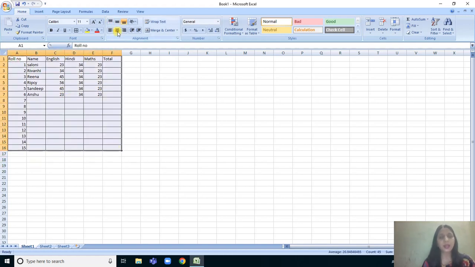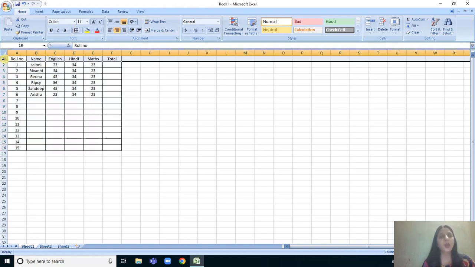Select your data and then press the center alignment tab. This way you can make this table. Now later on I observe that I need one more column before this, where I want to write class, school name, etc. So there is no need to write it again or copy and paste.